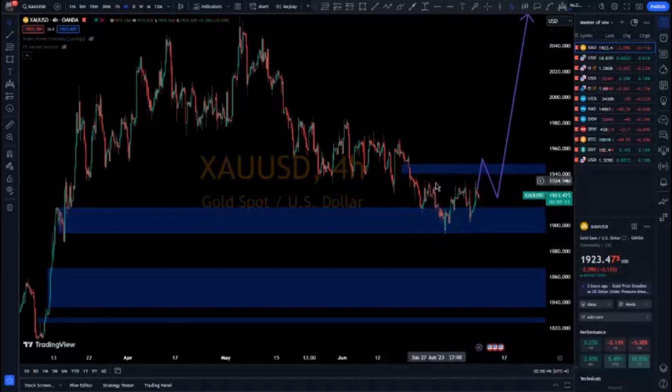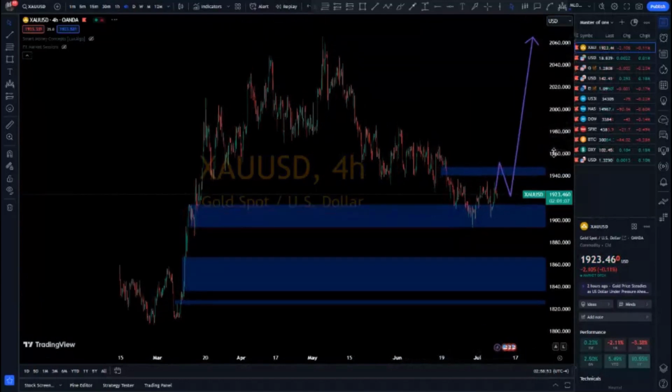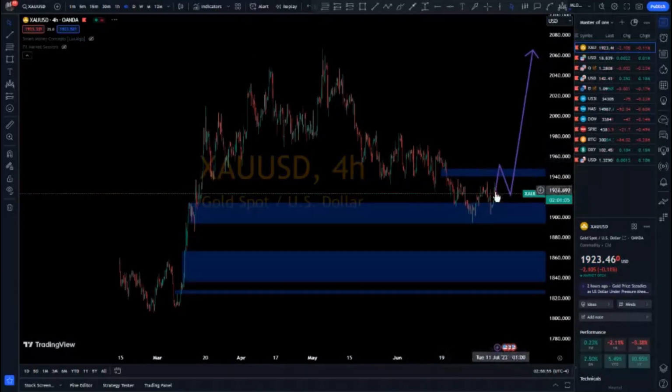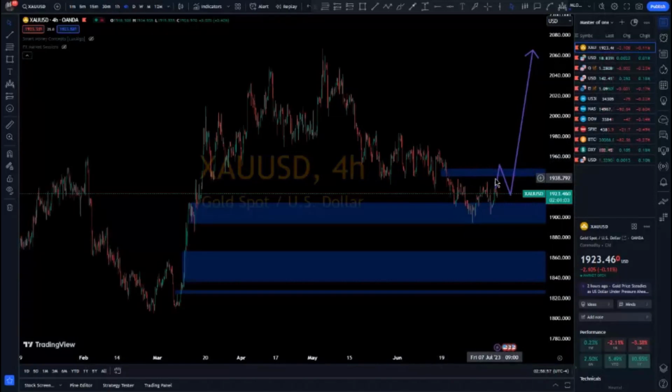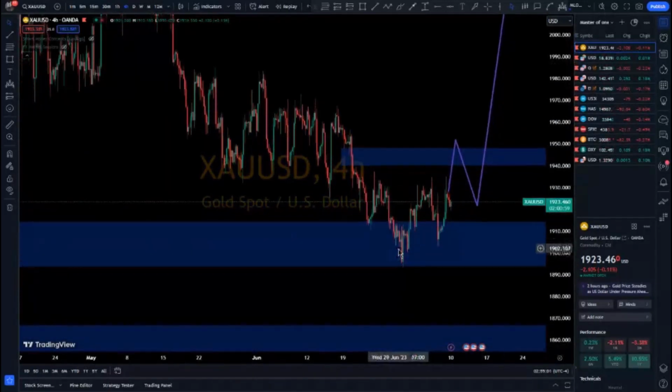So we might be able to see prices doing that, coming back to the neckline and going all the way up there. Remember, this is a D1 fair value gap. But anyways, we'll see how it goes. So if it breaks up and closes above that point, then this becomes our liquidity grab, and we have the